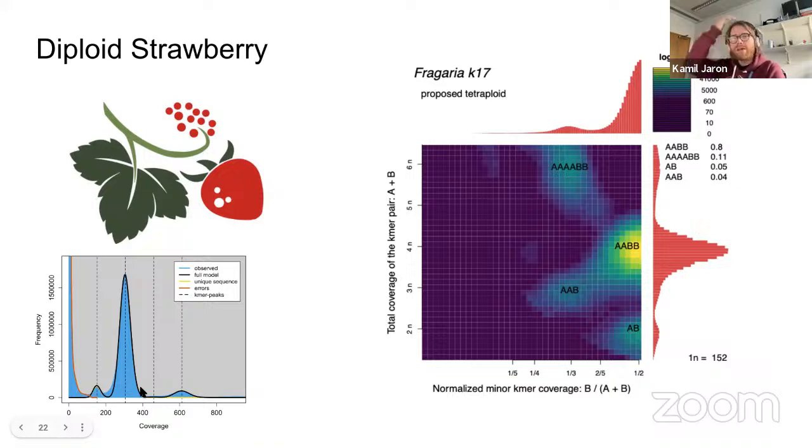And just for the record, we discussed how Smudgeplot gives you an idea about pairing of your peaks. Would somebody tell me where the AABB smudge sits? What is pairing within GenomeScope? So what I would like you to object to is that A is in two copies and B is in two copies, which means that both of them are in this peak. And I was telling you they have lots of duplications, and I was pointing at this peak.